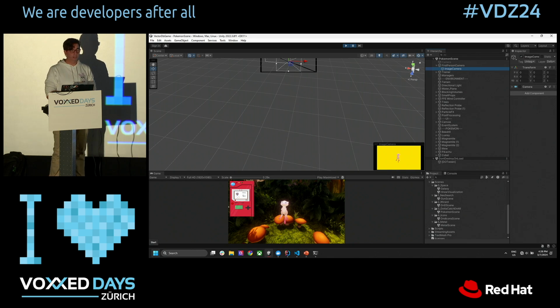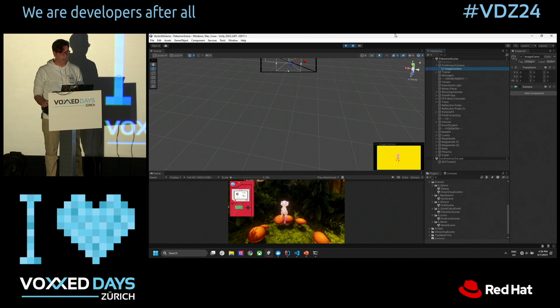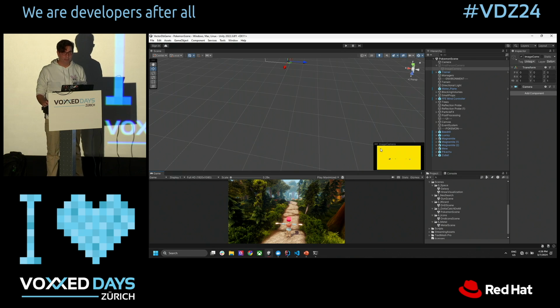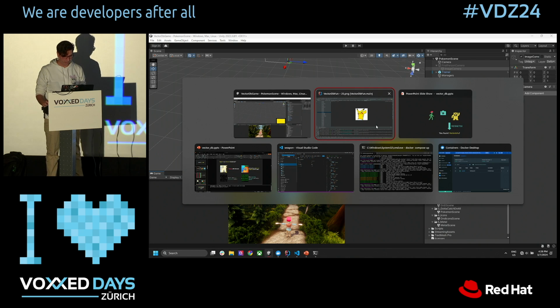Probably the best way to solve it. Or you could use more reference images instead of just one icon, or in different styles. I could have just taken multiple screenshots from multiple angles of all the Pokemon I have here and loaded them in the database, and like that it would probably work. That's actually a really good idea. Maybe I should do that. And like that, I could probably find the Pokemon I was searching for. All right.